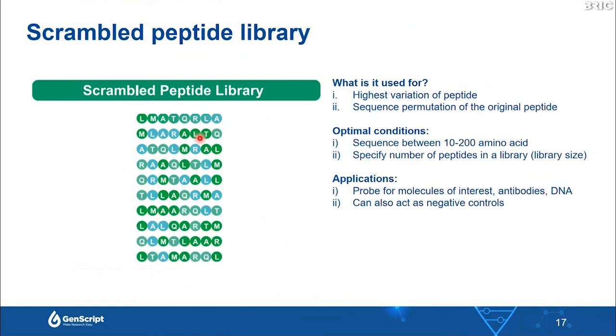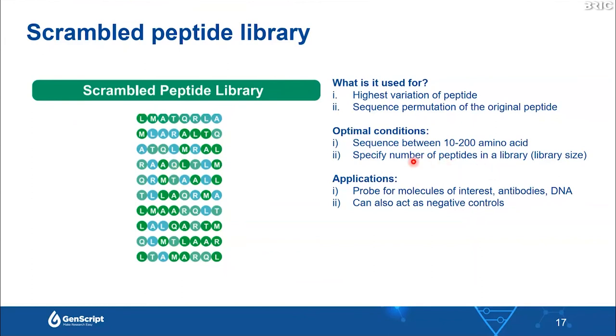So of course, sometimes we need some kind of controls with regards to the design of peptide libraries, and a scrambled peptide library could be a good way of obtaining not only the highest variation from the original library in a random manner, a large sequence permutation of the peptide. As such, when generating such a scrambled peptide library, it will be good to specify the library size for screening. And this, as mentioned, could act as a negative control,